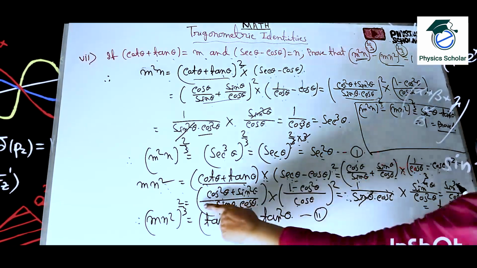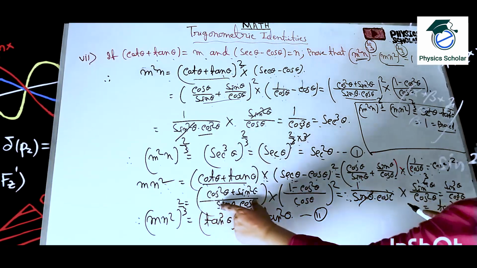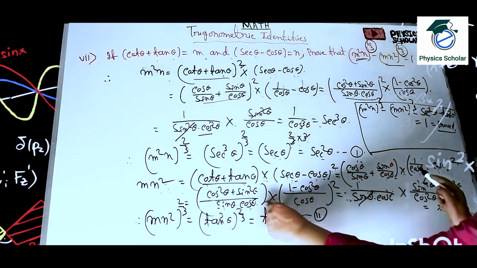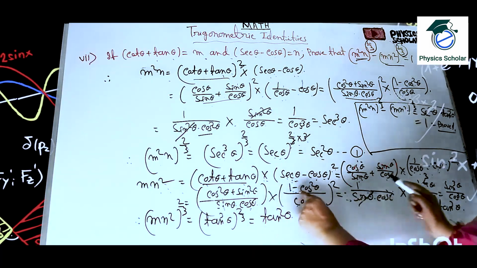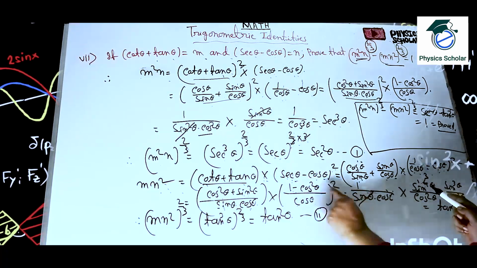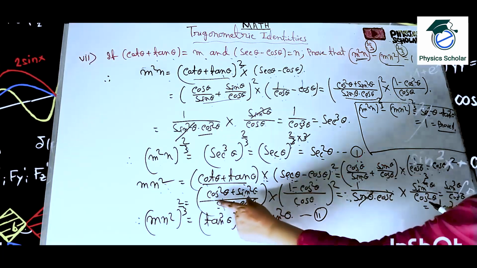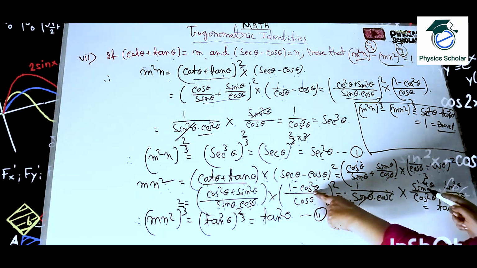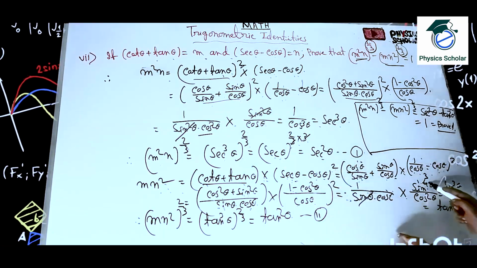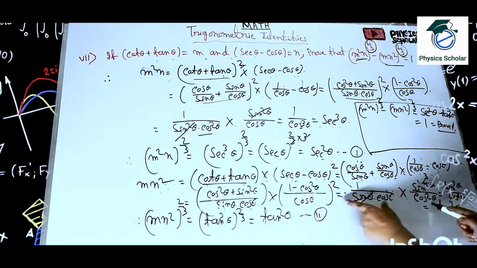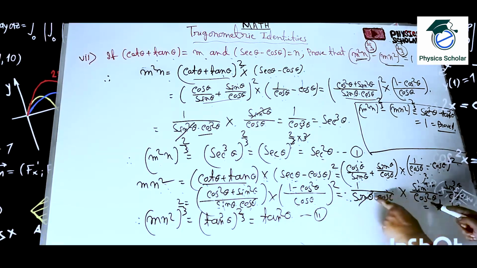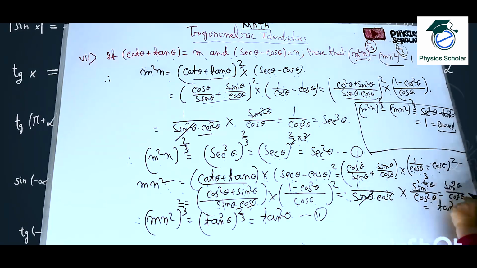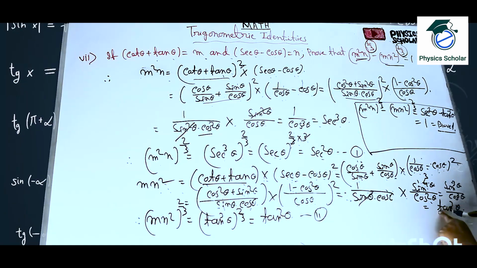Clear? Now come to this. Sin theta cos theta will be the LCM. So it will be cos square theta plus sin square theta, into here cos theta will be the LCM, so 1 minus cos square theta. That whole square is equal to sin square theta plus cos square theta means 1, divided by sin theta cos theta, into 1 minus cos square theta, which means sin square theta, and whole square, that's why sin to the 4 theta, divided by cos square theta. Clear? And the cos theta whole square, that's why cos square theta. So sin cube theta by cos theta into cos square theta means cos cube theta. Sin by cos means tan, so tan cube theta.